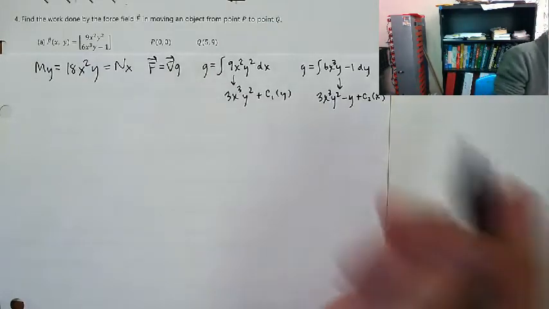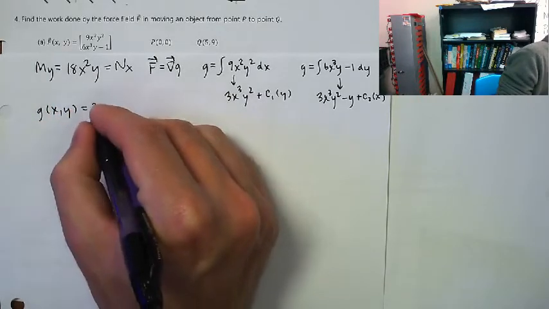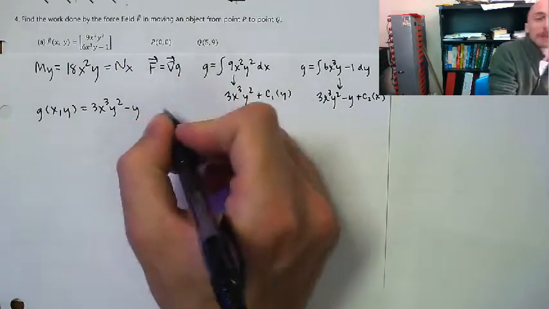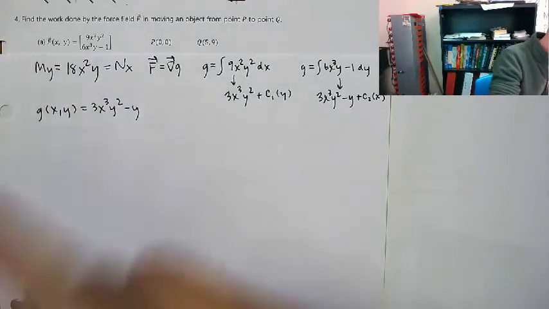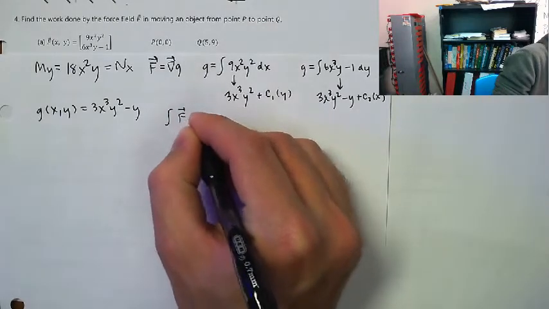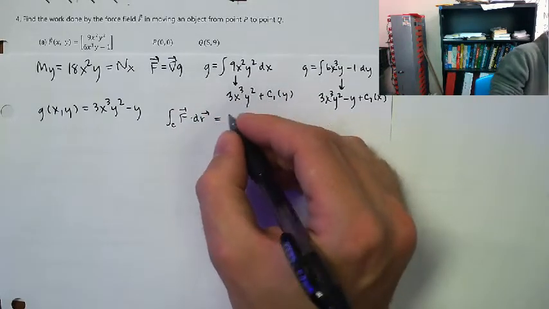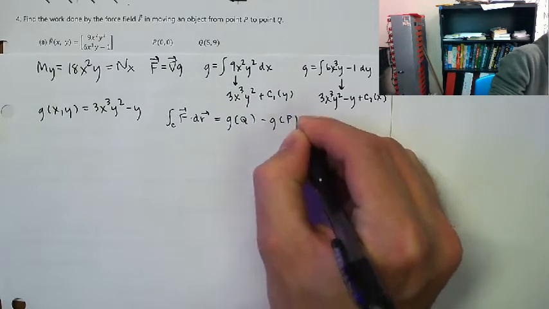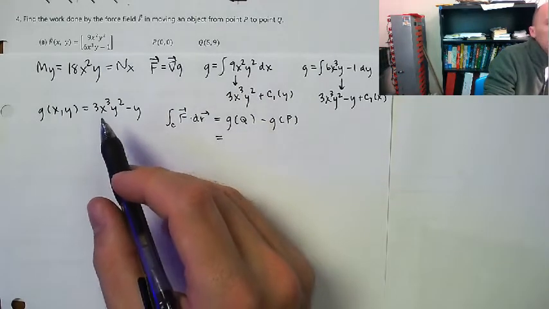So a valid potential function is g of x and y equals 3x to the 3, y to the 2 minus y plus some constant. Well, I'm going to assume that constant is 0 because I'm just using this for the fundamental theorem. And now I know that the integral of f dotted with dr, which represents the amount of work done, is going to equal g of q minus g of p. Okay, so that's going to be, when I plug in 5 and 9,